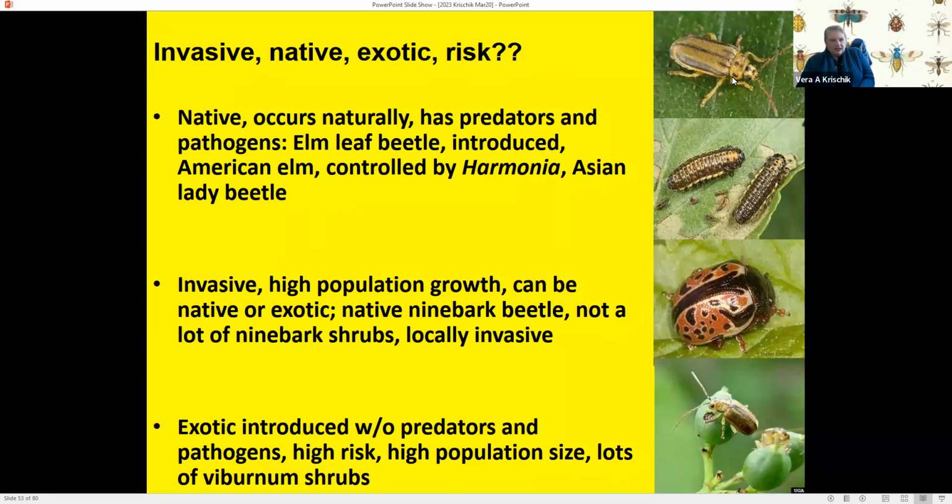This one was introduced. It says native, but I don't know why I said that. It was introduced from Italy. It used to love American elms. It doesn't like these Siberian, these Zelkova elms. Asian ladybird beetle eats the eggs and controls it. It's no longer a pest because of biocontrol. When I arrived in Minnesota, this was the third most common pest. It was, the first one was